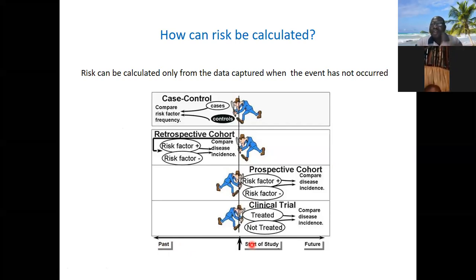So what we are talking about, what happened in the past, is the outcome of interest, maybe the disease, the event of interest. If the disease has already occurred in the past, you calculate odds. So in the case control, you calculate odds. You can do a cohort study also, but they call it retrospective. You are looking back, because what happened in the past was that the risk